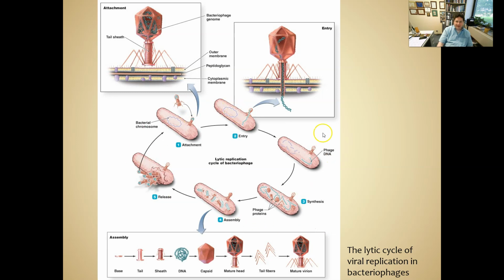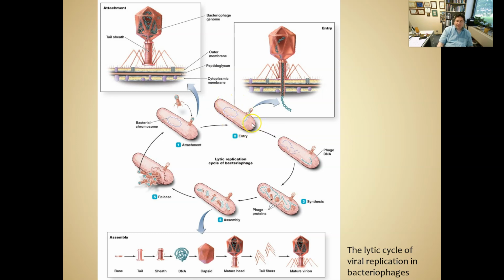So here we see the lytic cycle. So start here, step 1. Now, here's a bacterial cell. This is one of those bacteriophages. Step 1, it's going to attach to the outside. We see here, attachment. Now this, in purple, is the bacterial cell's DNA, its chromosome. Step 2, entry. Notice the virus here injects, kind of like a syringe, its genetic material into the host cell.